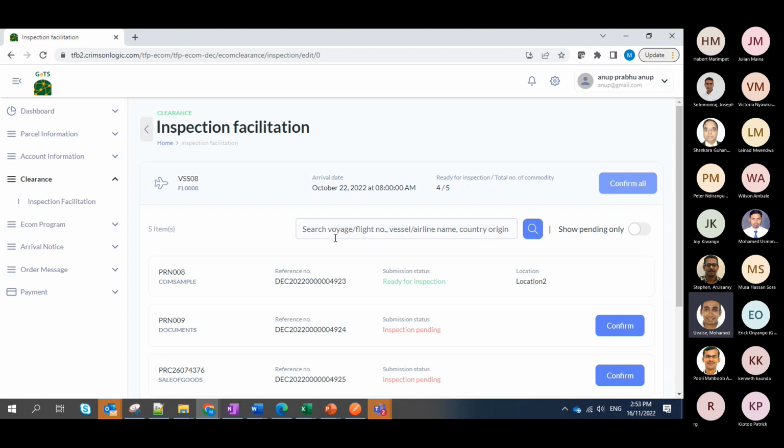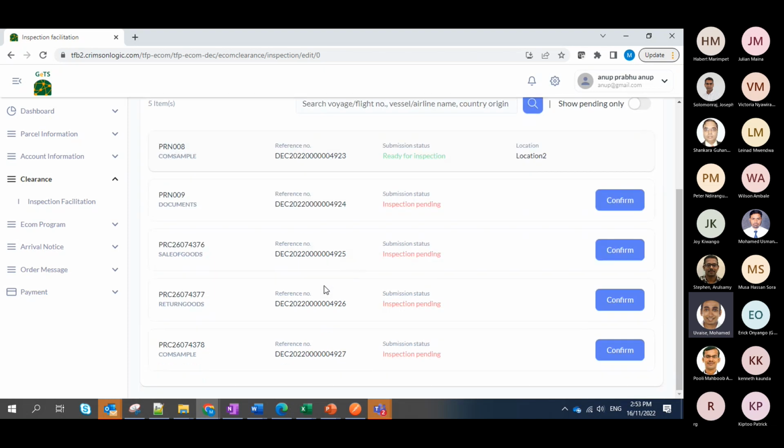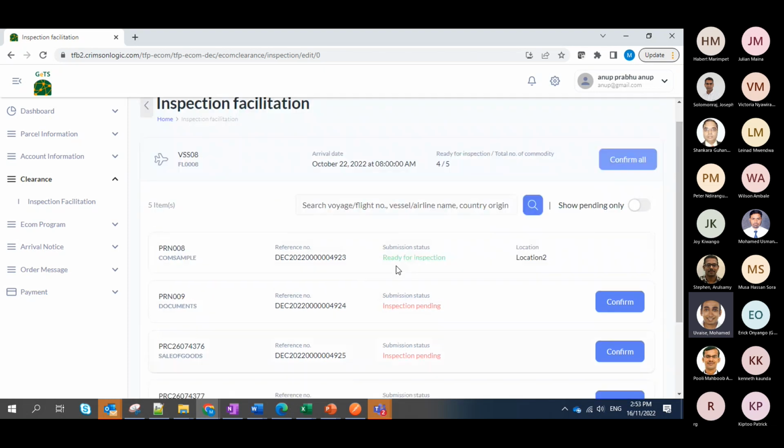Of course, in this example, there are multiple inspections pending. There could be 100 shipments and only 5 could be flagged for inspection. Those 5 would be reflected here for the LSP or the vendor to intervene and to get this facilitated inspection so that the goods could be cleared.